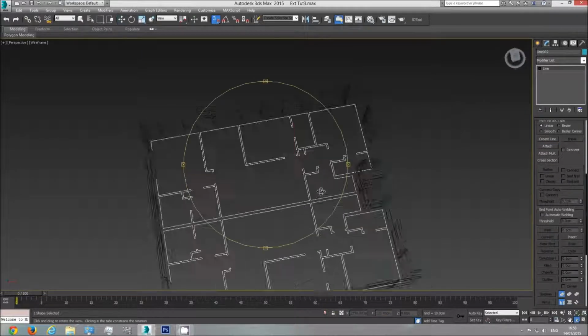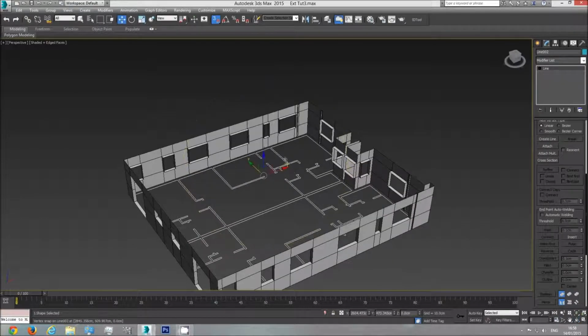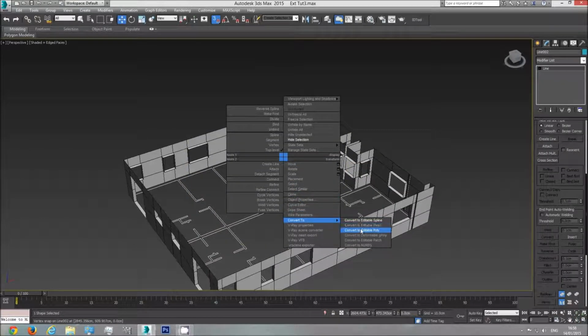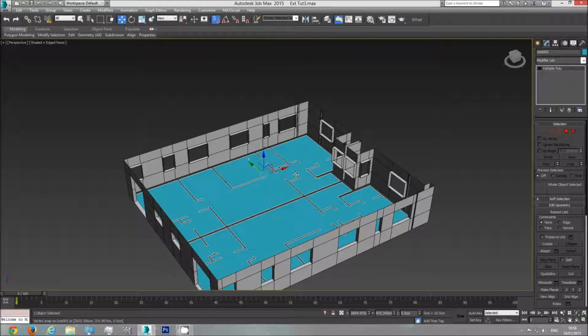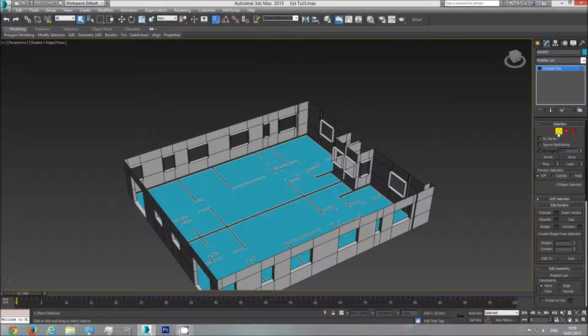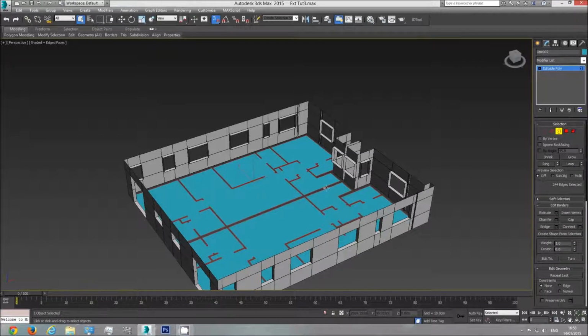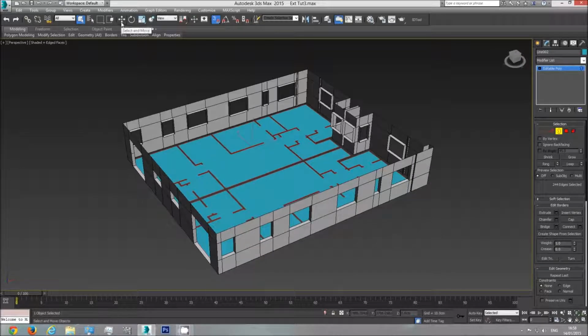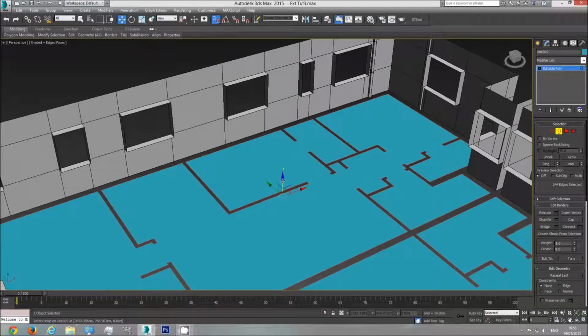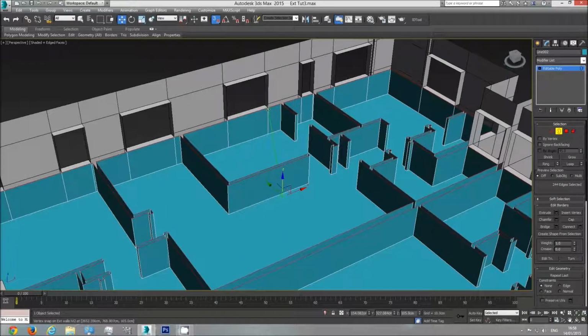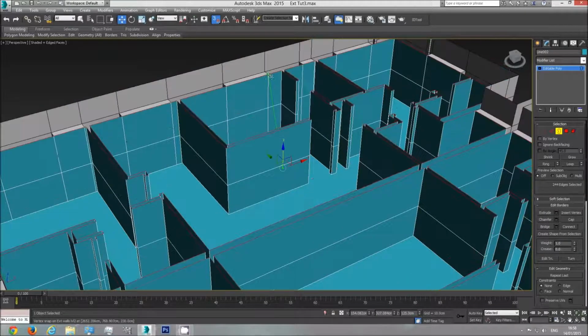And I'm going to create a floor out of this. So I'm going to right click, convert to editable poly. Now we have the interior floor, which is great. I'm going to choose the borders, one, and the border of this one. Now I'm going to shift, let's unselect the snap toggle. Actually, I'm going to leave the snap toggle on. I'm going to shift drag to the bottom of this window and shift drag to the top of this window,